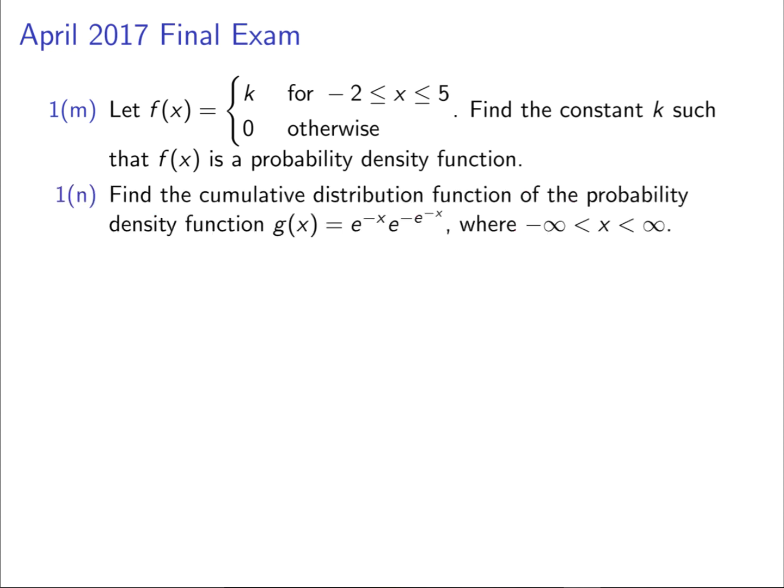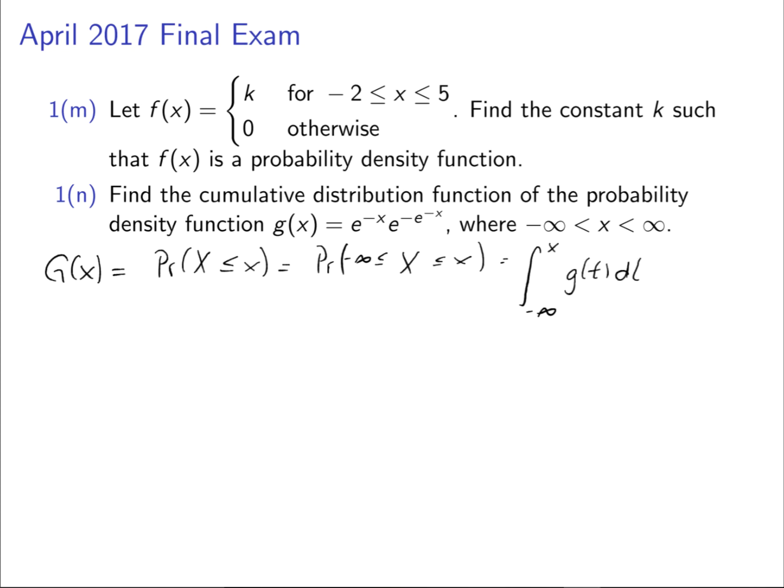There was a second short answer probability question in 2017. In this question, we're given the probability density function, and we need to find the cumulative distribution function. So let's remember the cumulative distribution function. That's the probability that my variable is less than or equal to x. That's the probability that my variable is between negative infinity and x. And that's the area under the curve from negative infinity to x of our